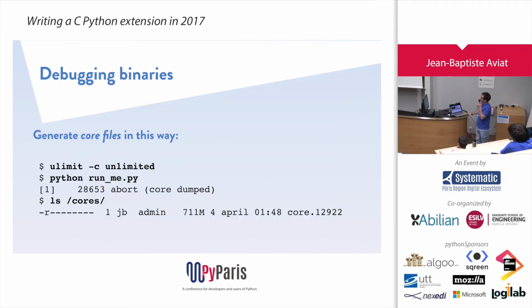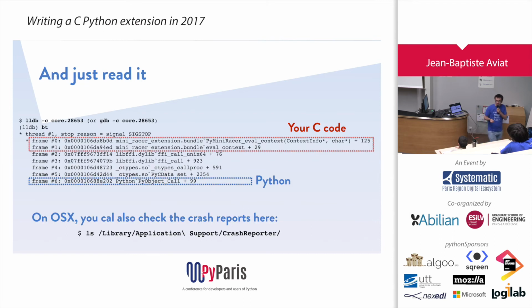So we need to go deeper, indeed. And so we need to really take a look at what's happening behind the scenes. So that's how we get to debug binaries, all right? If you encounter this kind of thing, you just run ulimit -c unlimited. You run your program again, and then it will crash with a slightly different message, all right? It will tell you core dumped.